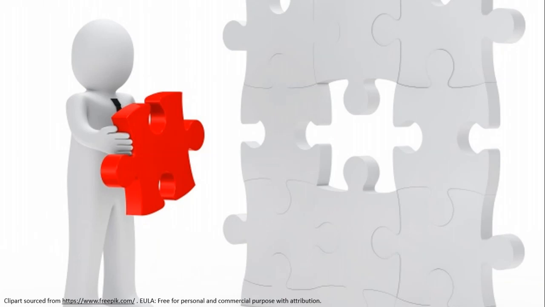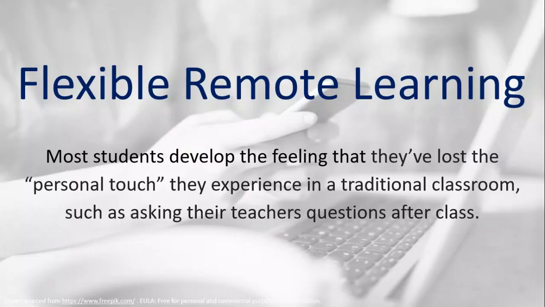But when the pandemic came, suddenly there's one piece missing. And we have to fill in that missing piece in the puzzle to make everything work again. So when we adapted flexible remote learning, meaning everything is done online,